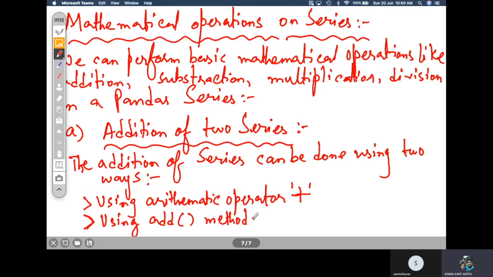Now what is the difference between these two? Is there any difference between these two, or is there not any difference? Can you tell?